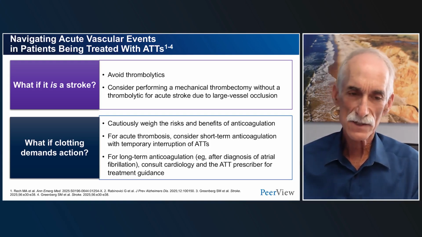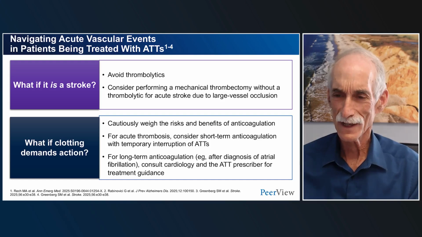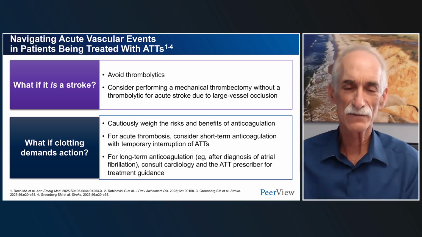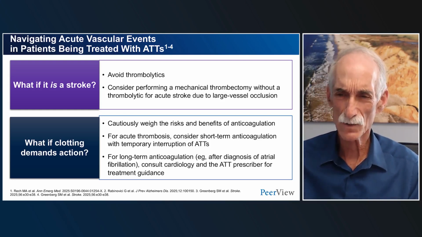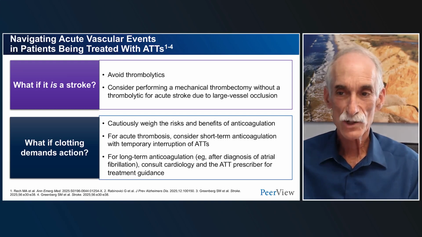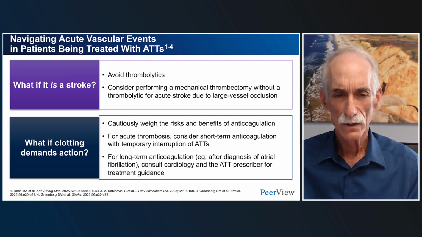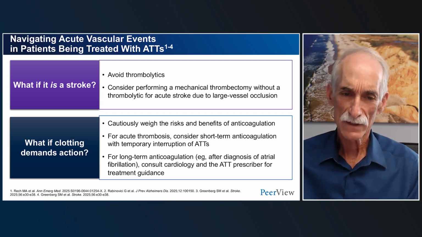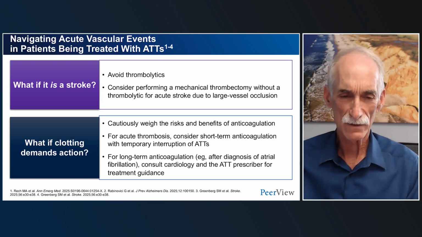Number one, if it is a stroke, which again, anything can happen in medicine, they can have ARIA and a stroke, or they can have a stroke that looks like ARIA. So getting an urgent MRI is really helpful to differentiate between ARIA and stroke. But if it is a stroke, you'd want to avoid thrombolytics if possible. It may not be possible. You'll have to weigh the risks and the benefits. But consider, if there is a large vessel occlusion that's accessible, mechanical thrombectomy to treat the ischemic event rather than